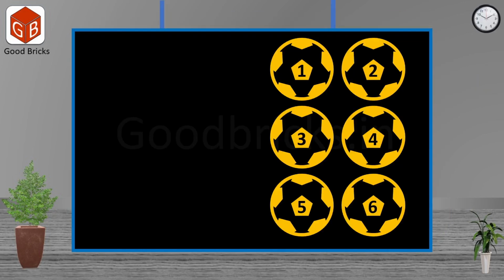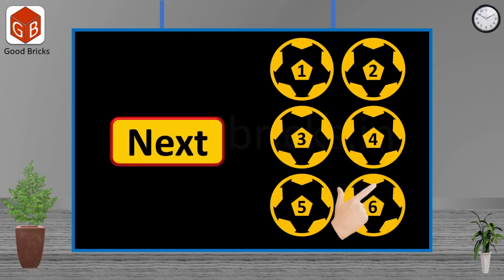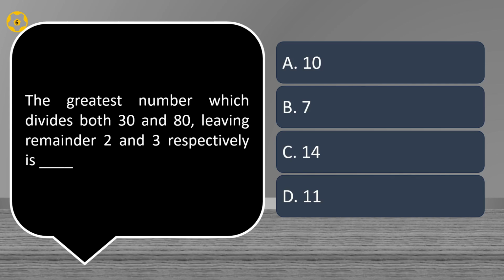Our next question is, and let us see the sixth problem. The greatest number which divides both 30 and 80, after division it leaves 2 and 3 as remainder respectively. So now we need to find what is the greatest number which divides these two numbers and leaves 2 and 3 as remainder. So the correct answer is